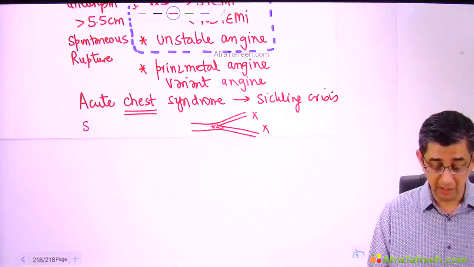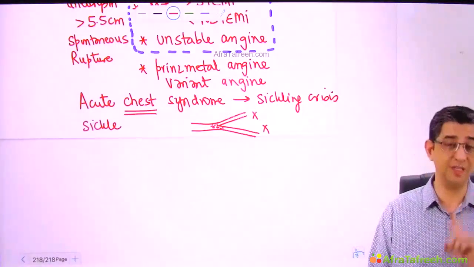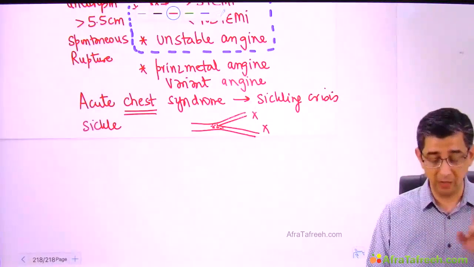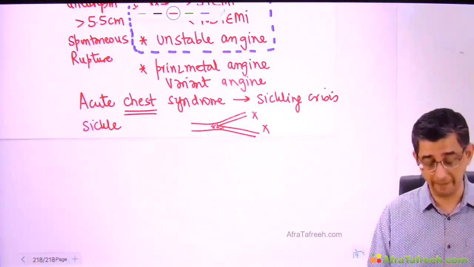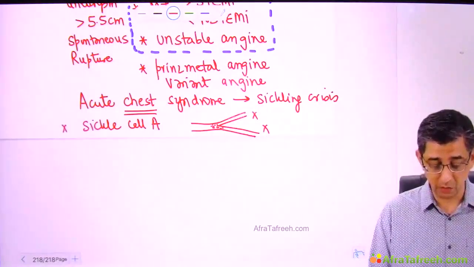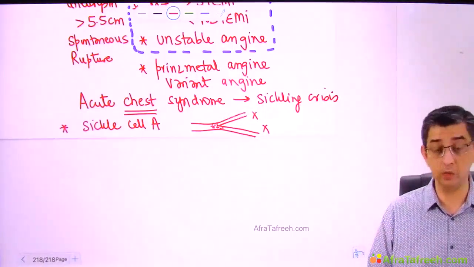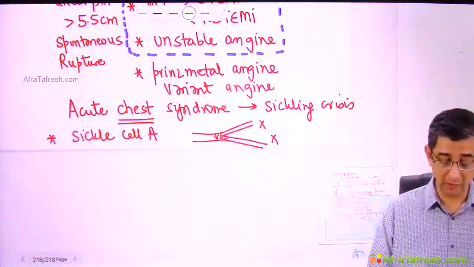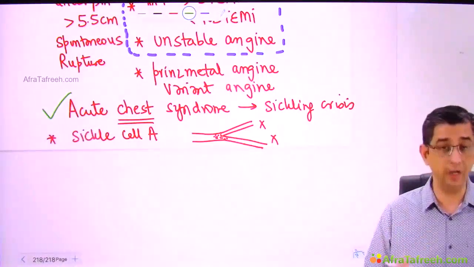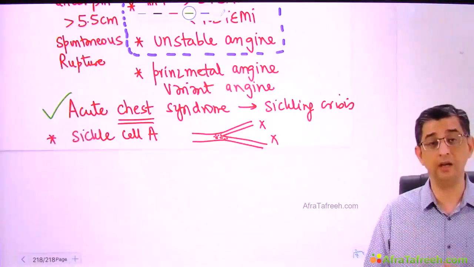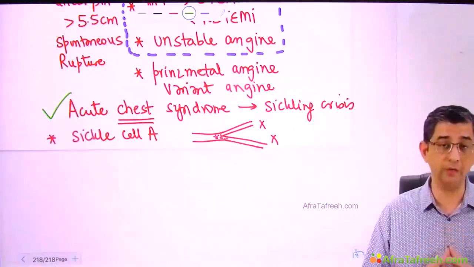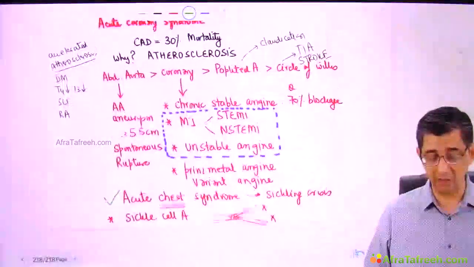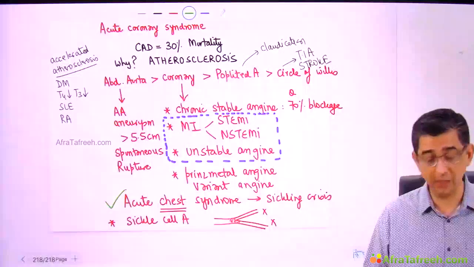Please remember that if he says acute coronary syndrome is caused by, the answer is atherosclerosis, the biggest killer in the world as I explained to you. But if he says acute chest syndrome is caused by, then the answer would be this autosomal recessive condition, which is fairly more common in those countries or areas where malaria is endemic, that is sickle cell anemia. Though I have discussed acute chest syndrome as a terminology even in hematology, it is important that I highlight the terms before you very clearly. Acute coronary syndrome is by atherosclerosis and acute chest syndrome per se is by sickle cell anemia, and there are three differentials of acute coronary syndrome that at the moment have been highlighted.